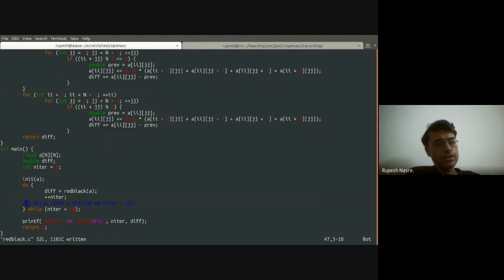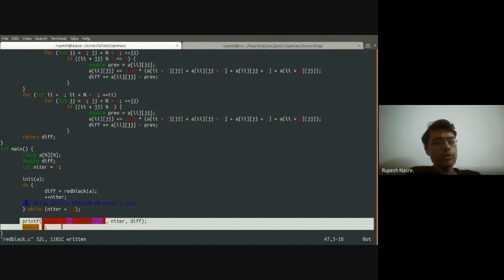And what does it do? It initializes A, which is just assigning it some initial values, which could be coming from your file, which could be random values, which could be specifically assigned as certain values, let's say a function of i and j when I'm writing to the matrix A. And inside the do while loop, I just have a call to red black, which is the actual function which is performing certain operations. And it returns this individual value called diff, which is the error processing. So I can use that for my diff calculation. And I also increment the number of iterations, which can be used for the end condition as well.